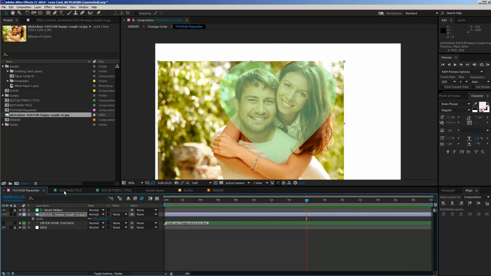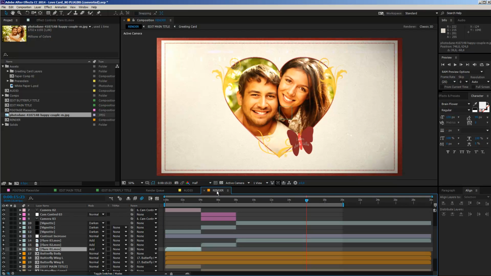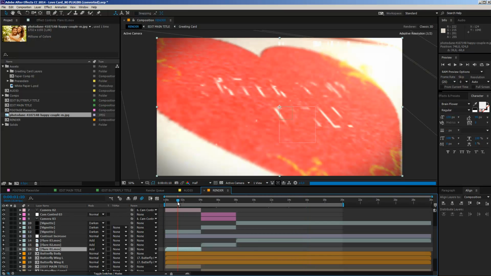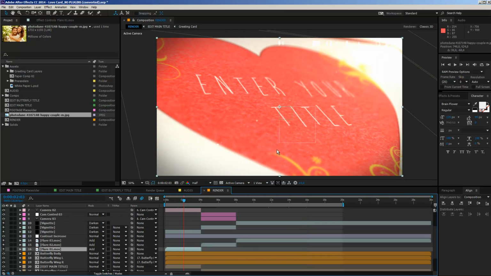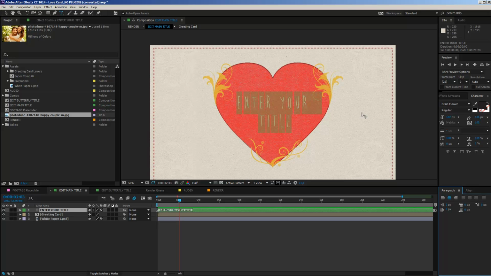Okay, so the next step is to edit our main title, and the main title is actually visible in the beginning here in this first scene. You see that the camera is traveling really close to the heart, and then you can read your main title. You can type in whatever you want, just select the enter your title composition or layer, double click, choose your font, enter your title. Maybe it's a birthday card or a Valentine's card. Let's say it's a Valentine's card. So we write in Be My